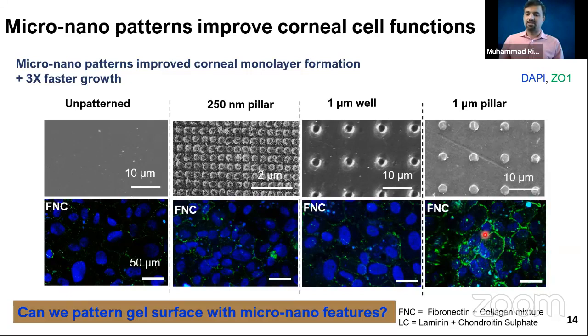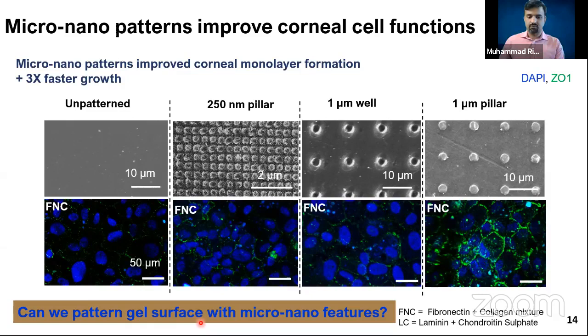These green lines appearing at the boundary of cells are supposed to be there when cells are of good quality, or transplantable grade quality. And the expression of that ZO-1 protein was less on the flat surface. In summary, I don't want to make it more complicated, but the idea was that 1 micron pillars can really improve the quality of cells. Now, the question is, can we pattern our hydrogel surface with these micro-nano features so that we can further improve their quality when we put it into